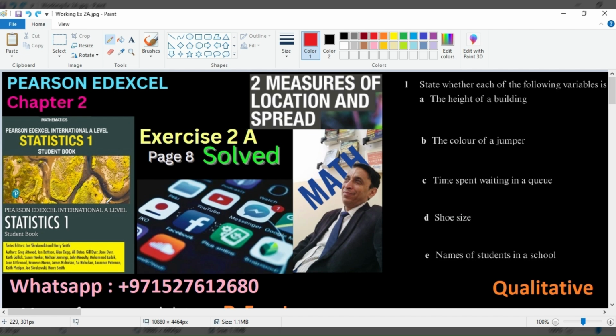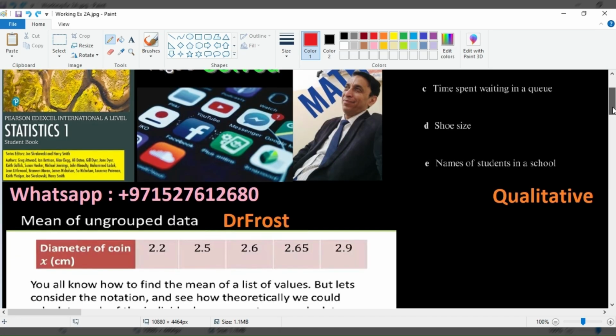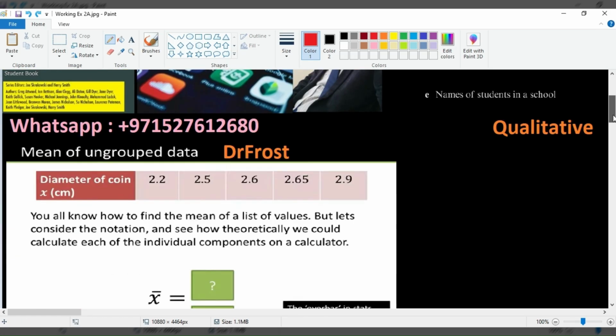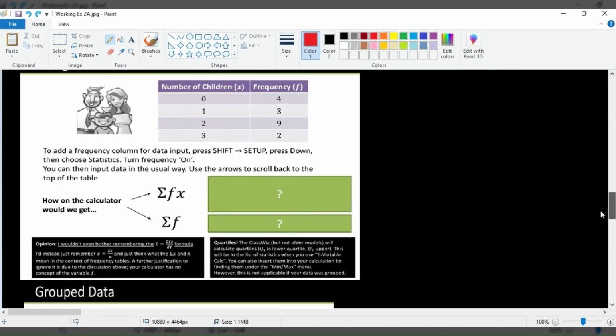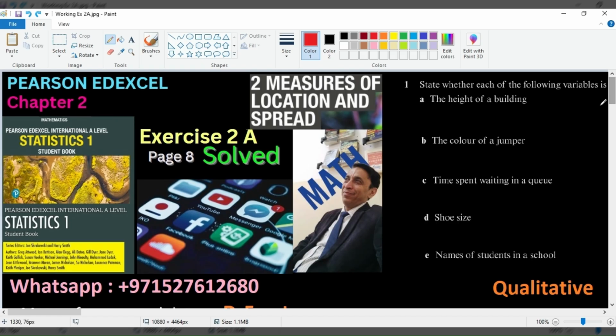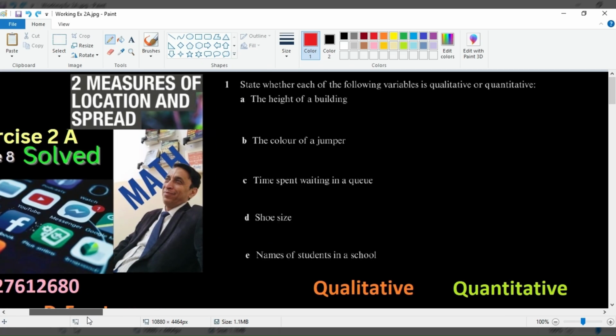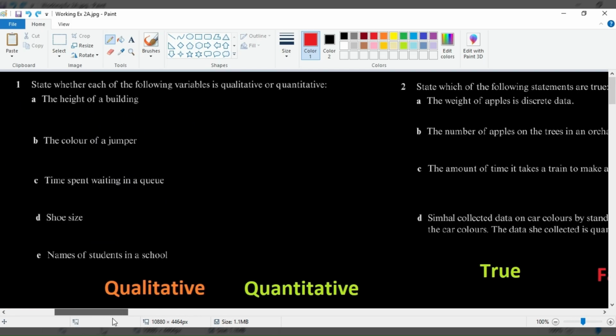This exercise has 4 questions that I'll be solving, and along with this I'll be solving Dr. Frost website questions. You can find these questions. I'll be helping you along with solving these 4 questions, and this Dr. Frost is going to go along with all the exercises. And let's begin. Question number 1 on page 8 says, state whether each of the following variables